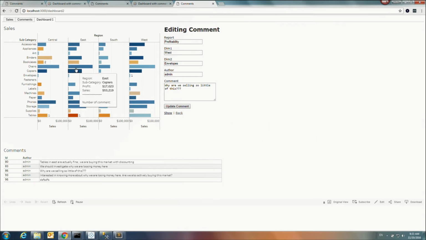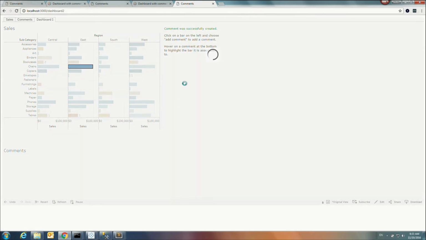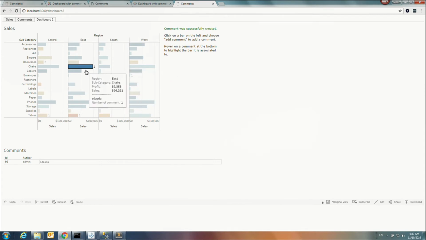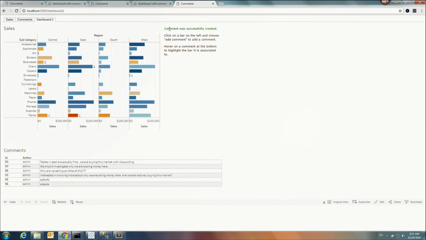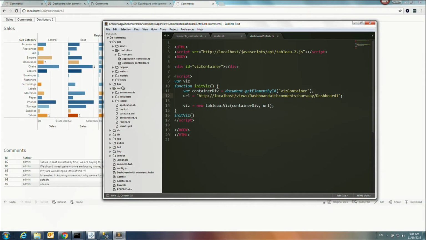So now what we want to do is whenever we create a new comment, notice that it's already done here in this example. But we're going to this message window, which says comment was successfully created. So I'll show you what happens here. What happens is when you go to this view,